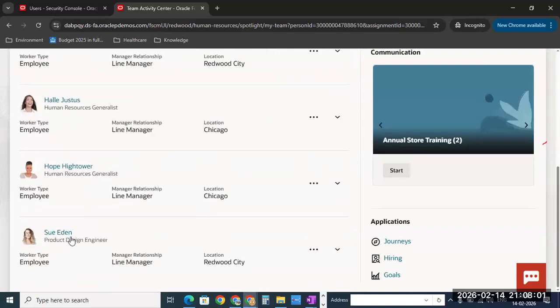So you can see here Stu Eden, right? So he is one of the team members of Curtis Petty. But this employee only has the employee role. When you go and check in the security console,